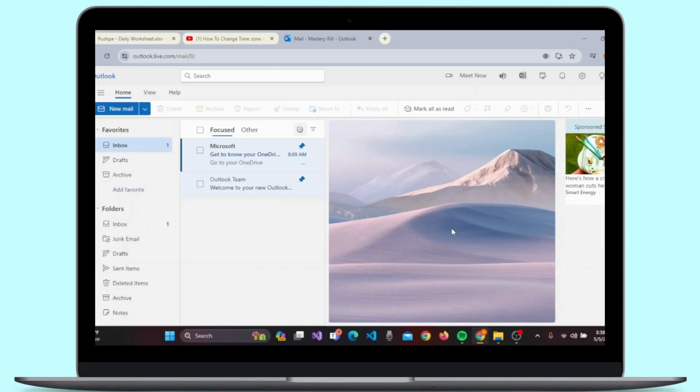First of all, open your Outlook account in any web browser. You can simply search outlook.live.com or simply outlook.com. Then make sure to sign into your Outlook account. Once you reach the section, you need to click on the gear or settings icon at the top right